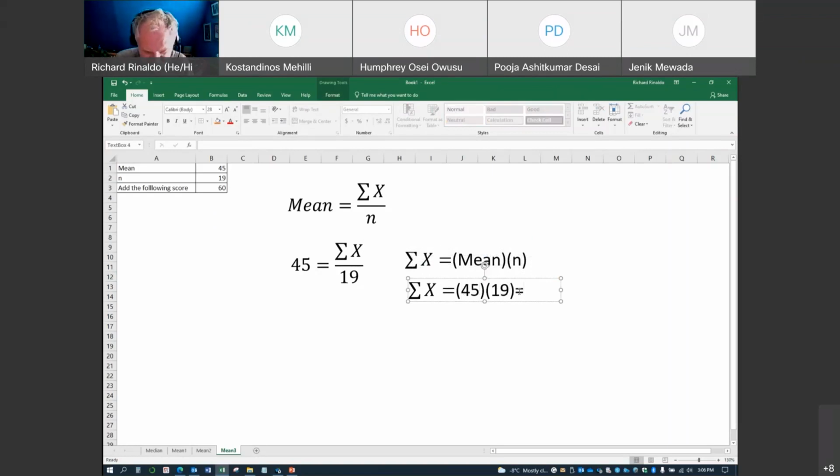Sorry, I'm using my phone calculator. 855, thank you. So I know that's 855. So knowing that information, I want to add a score into that distribution. If I know the mean was 45 and the n was 19, and I know that the mean is the sum of x over n, then solving for the sum of x, when I calculated the mean, the sum of x was 855. I divided it by 19. So now my new mean